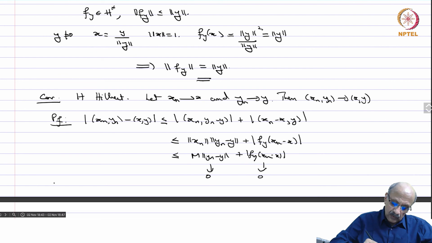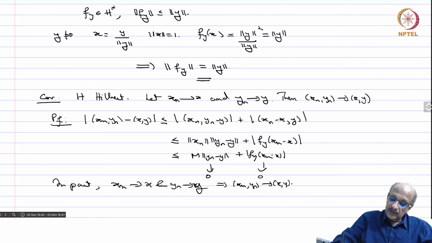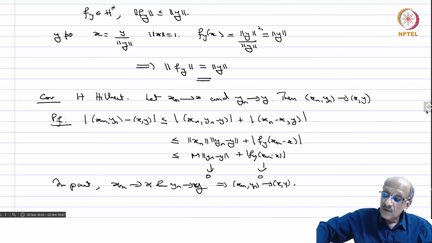Now, in particular, if xn goes to x and yn goes to y, both of them strong, then xn yn will also go to xy. That's now obvious, you could have done it directly, but now you know if it converges strongly in norm, then it converges weakly, so xn goes to x weakly as well, and yn goes to y in norm, and therefore you have this. So okay, so that